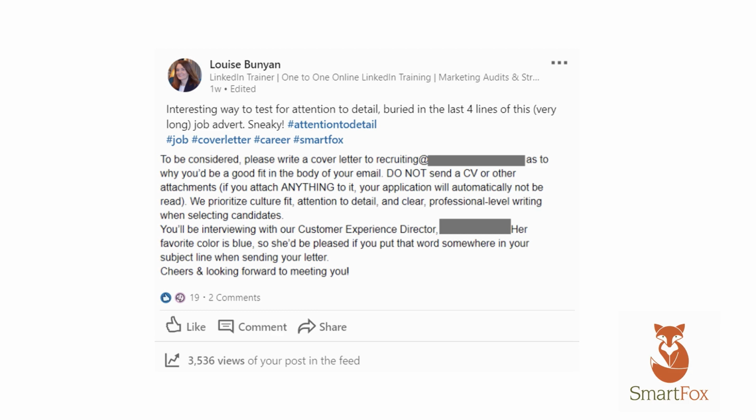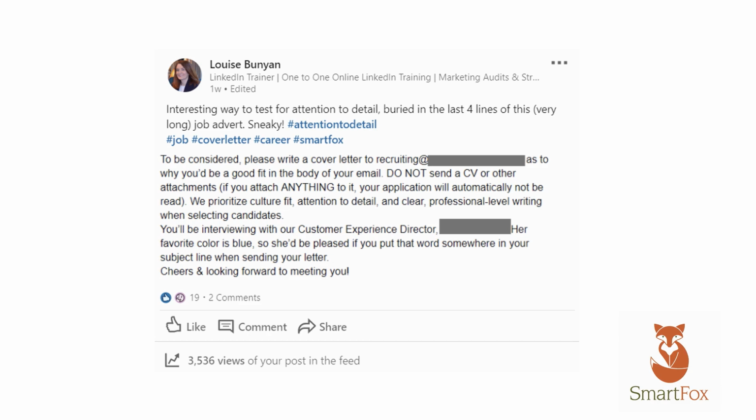This one, we spoke earlier about this one in another section. And I just want to show you this because another thing that you can do is take a screenshot of a written post that you've come across, and you can give some insight or some opinion on this one. So just to go through this one in a bit more detail, this was a job advert that I saw that somebody sent on to me, and the job advert was really long.